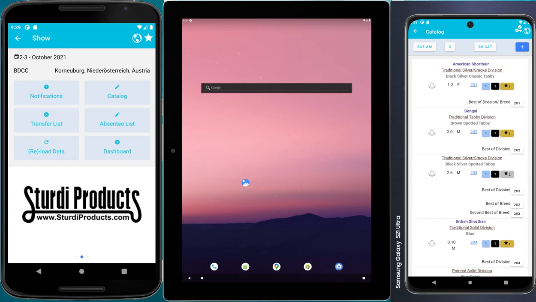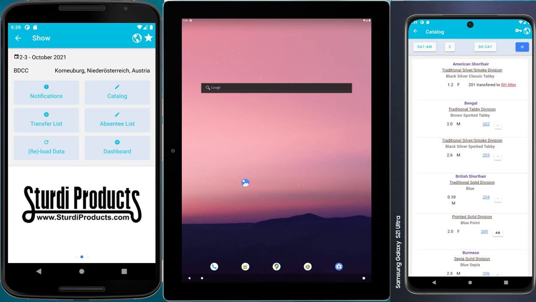Now there is a second method where if for whatever reason the club didn't add you in TOES and you need to ring clerk in a specific ring, there is a second way for you to say, hey, I'm the ring clerk, please give me extra access. And let me show you how that works. So I'm going to skip to ring number 2 here. There we go. And then we're going to click on the little key icon on the top right here,